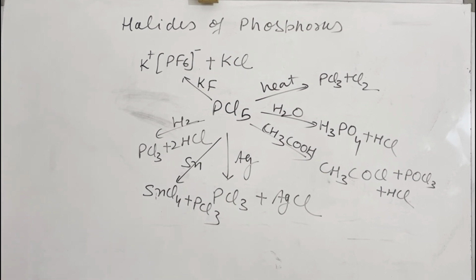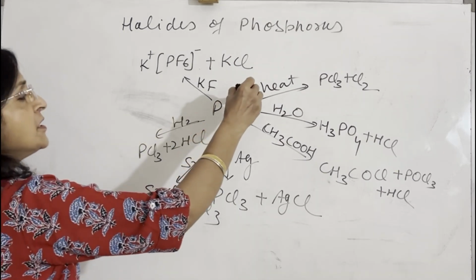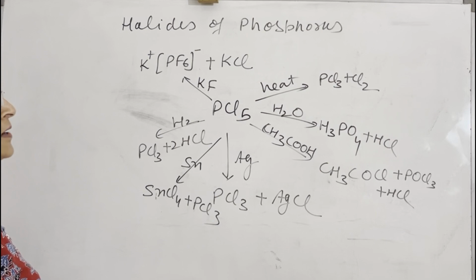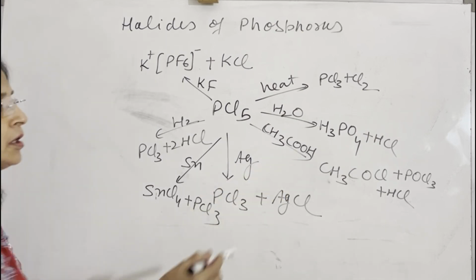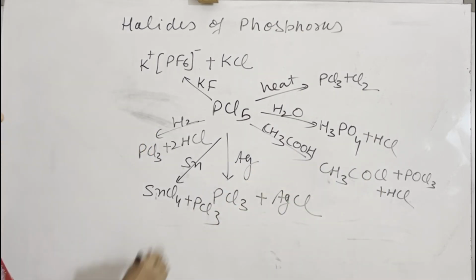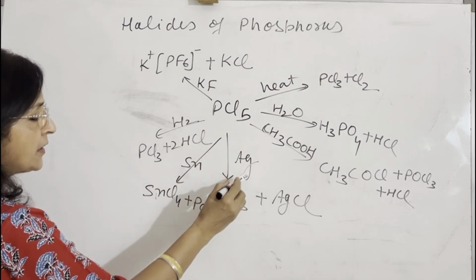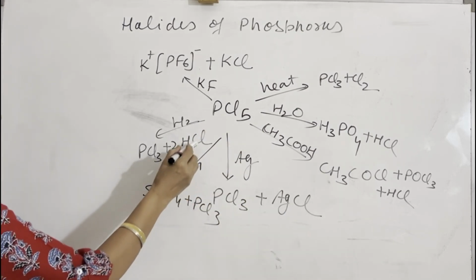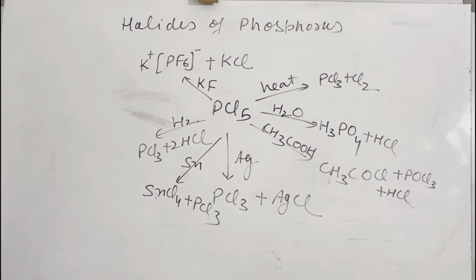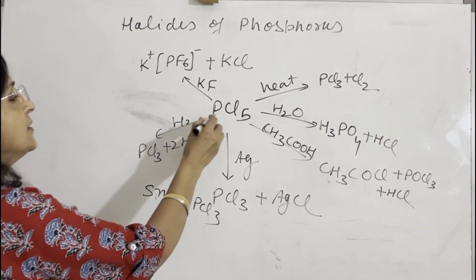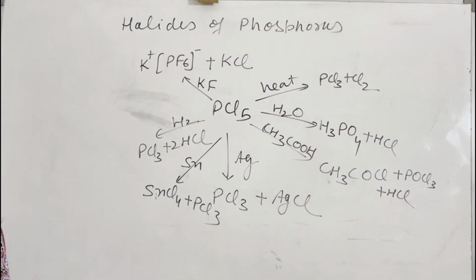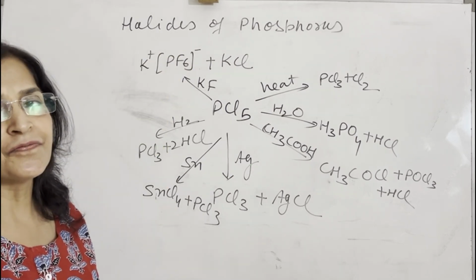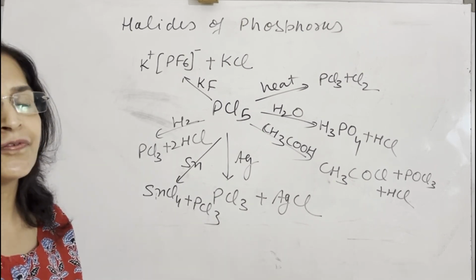These are the chemical properties of phosphorus pentachloride. This reaction is decomposition of phosphorus pentachloride. This is hydrolysis of phosphorus pentachloride, phosphoric acid forms. When it is reacted with acetic acid or ethyl alcohol, OH group is replaced by chloro group. When phosphorus pentachloride reacts with metal, chloride forms. Similarly, with tin chloride forms. This is the reduction reaction and this is the reaction with potassium fluoride. Potassium phosphorus hexafluoride forms. Now we will discuss the last topic of group 15, that is oxo acids of phosphorus.